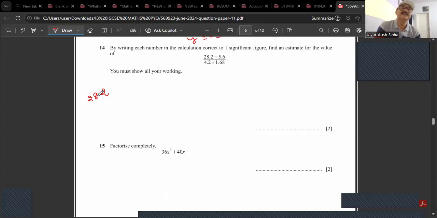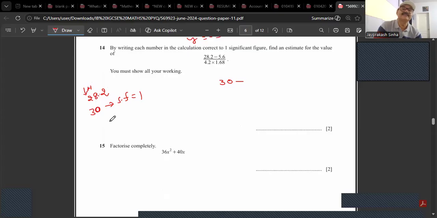But we require only one. So we only have to concentrate on this. Because after 2, 8 has come, this number will be up by 1. So this will become 3, and after that, all digits will be 0. Now in 30, what is the number of significant figures? 1. Correct. So we write it as 30